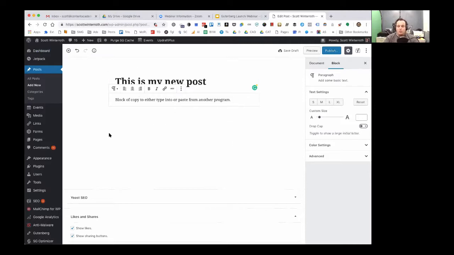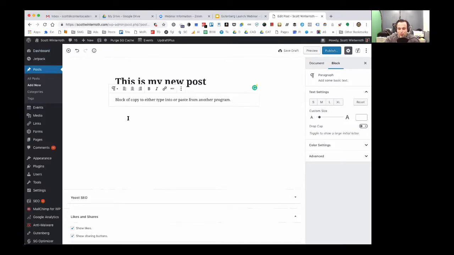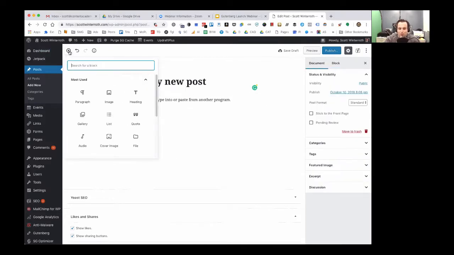But what's really cool is that for many years, to steal the Henry Ford quote, you can have any color Model T you want so long as it's black. With blog posts, it was like you can have any blog post you want so long as it's a vertical rectangle. This is changing that. It's going to give day-to-day content creators like you and me the flexibility to add different types of modules and blocks. So for example, if I want to add a column,